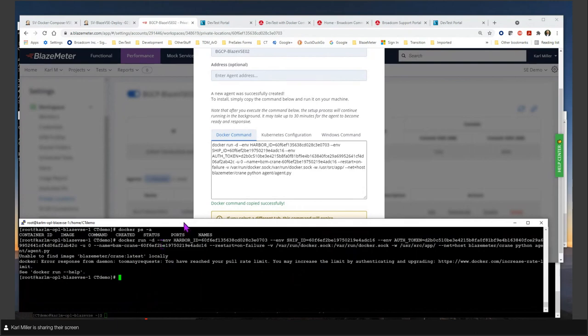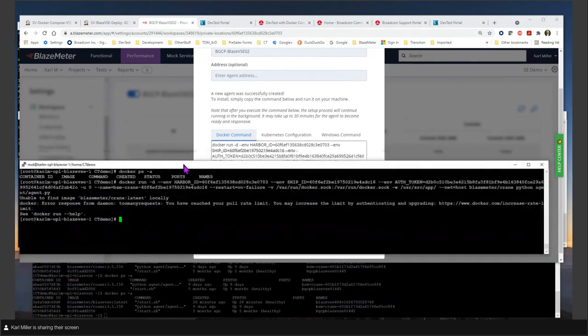And I've reached my pull limit. So I'd have to log in and get that. That's because we do a little too much here. But even if we had been able to pull it and bring it down, it's going to take a few minutes. So I'm going to show you what it looks like here. So that's got to authenticate and upgrade to the Docker. So yeah,